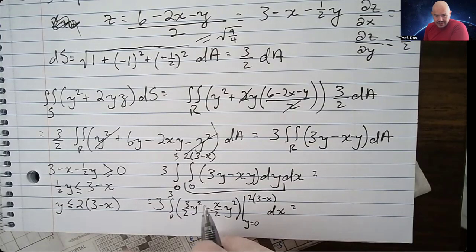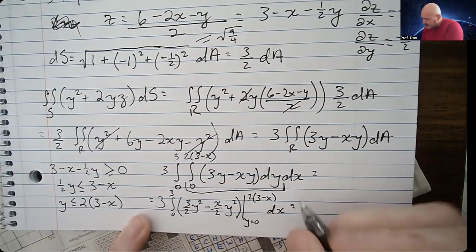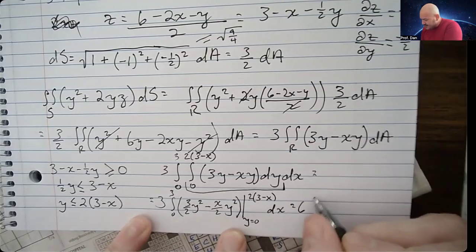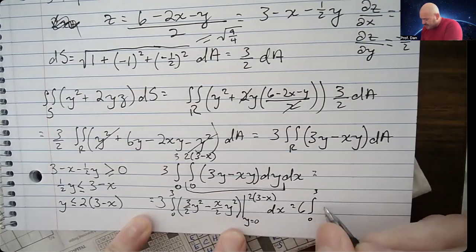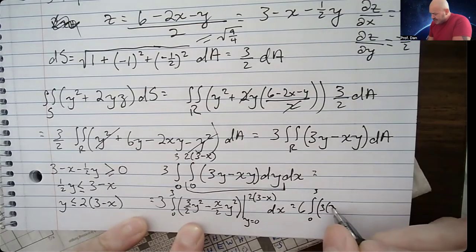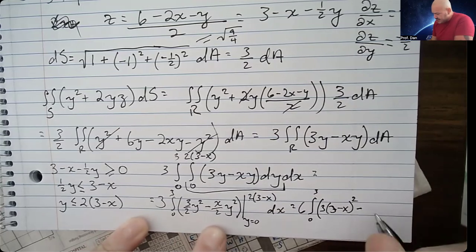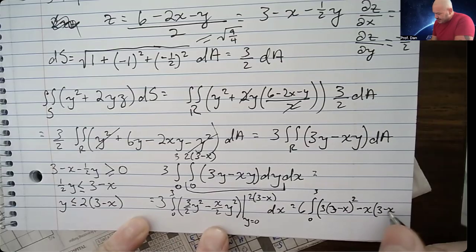So again, I can factor another 2 out. So I get 6 times the integral from 0 to 3 of 3 times 3 minus x squared minus x times 3 minus x squared